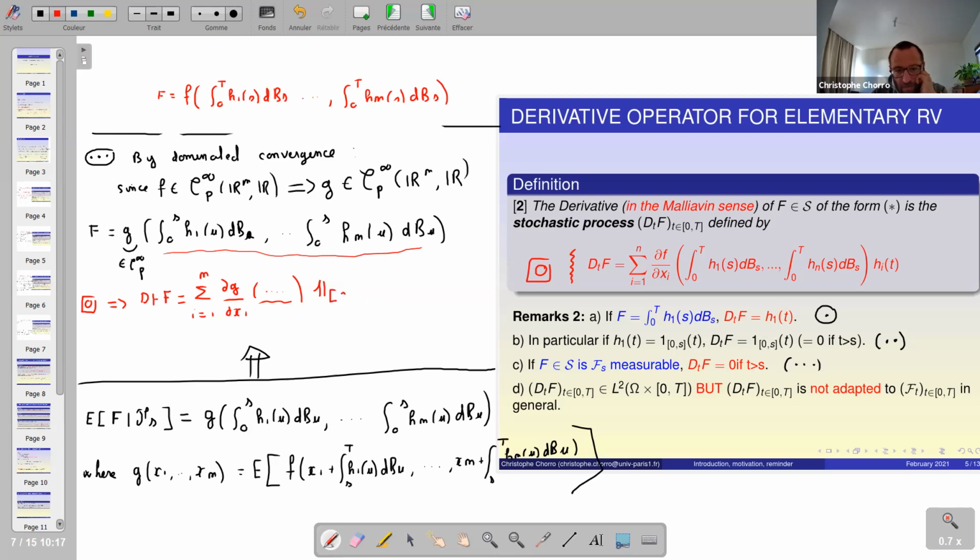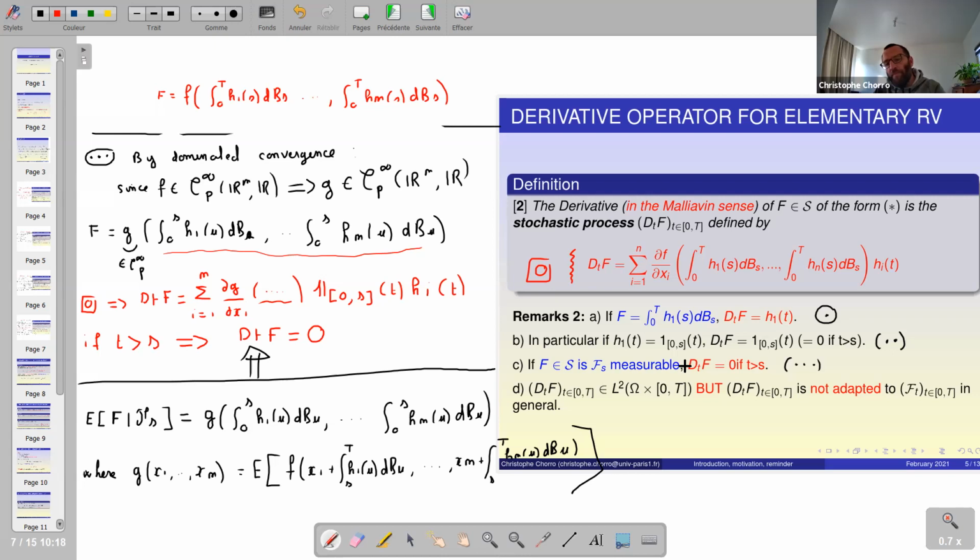t, hi of t. And of course, from this formulation, I see that if t is strictly greater than s, all these indicator functions are equal to 0. And so dt of f is equal to 0. So I have proved the third point: if I have something that is Fs measurable, and I consider the Malliavin derivative at time t for t strictly greater than s, then this derivative is equal to